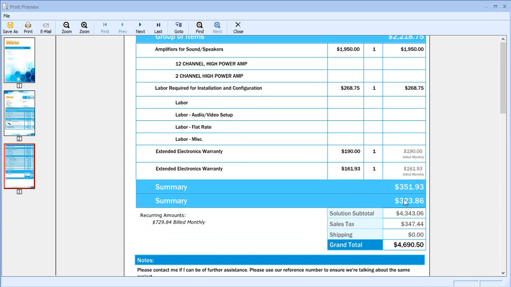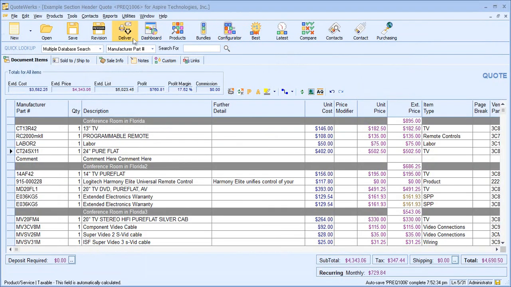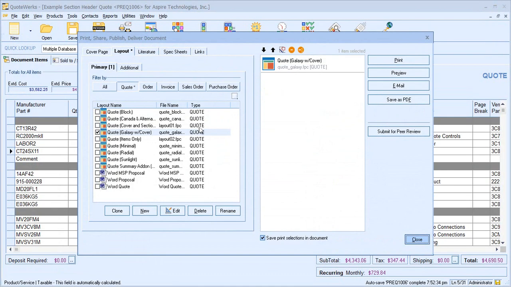And you can also see that I've got those section header summary lines appearing towards the bottom as well. Let's now have another look at a way that we can display the same information but slightly differently. In this case, I'm going to choose one of my templates, but with an additional template. And if I now go ahead and preview,